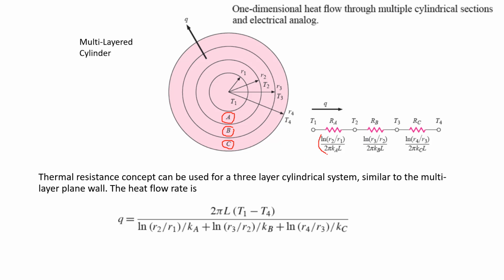For that we have written this equation for conduction resistance or thermal resistance. Remember, log of R2 by R1, where R2 is outer radius of layer A, R1 is inner radius of layer A. This is divided by 2 pi K, K is again thermal conductivity of material A, into length of pipe. Same is the case for layer B and layer C. And if I add a third layer to the outside surface of layer C, then a new thermal resistance will be added, which we can name, for example, RD.